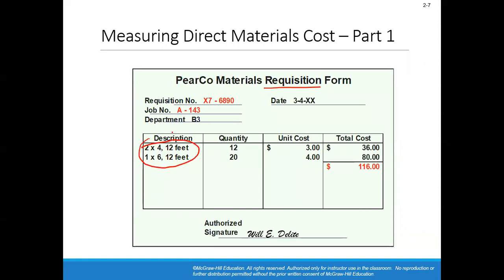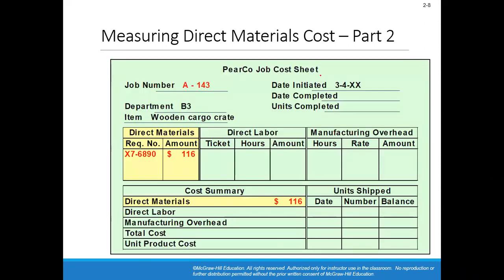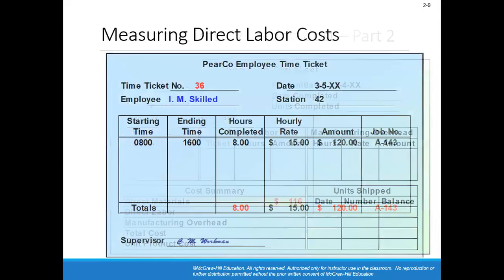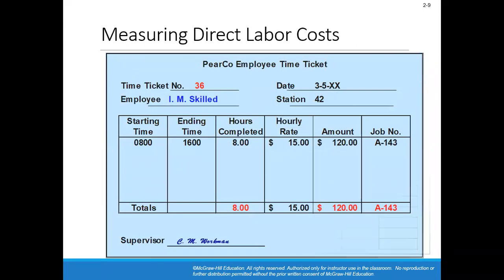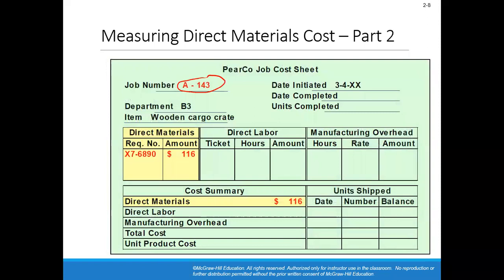What kind of materials? Direct materials. Note the direct materials which will be required to complete this order. Recall what our job number is, A143. For this job number A143, we require